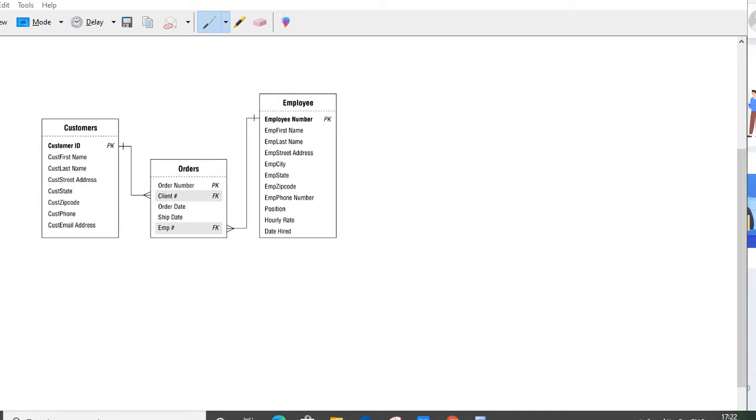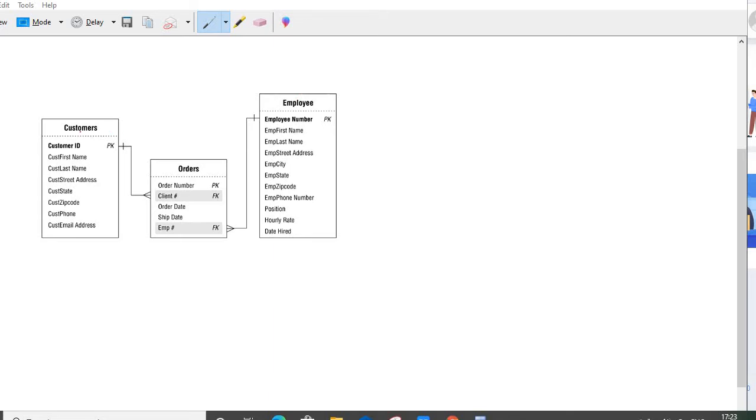Also, the tables where these attributes or the foreign key are present as primary key, like here, this customer ID is an example of the primary key, and that is present as a foreign key in the order table. So this customer table will be known as the parent table, and the table where we use that primary key as a foreign key becomes the child table.